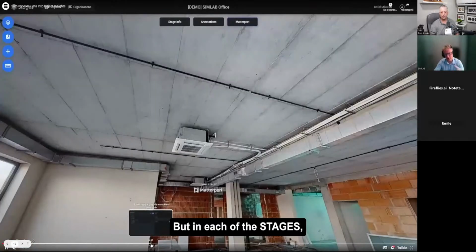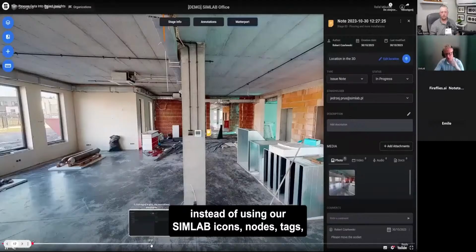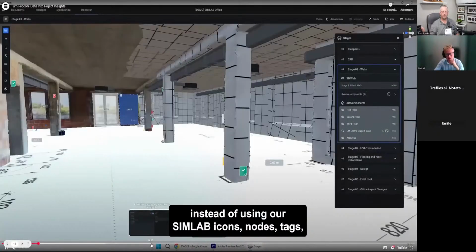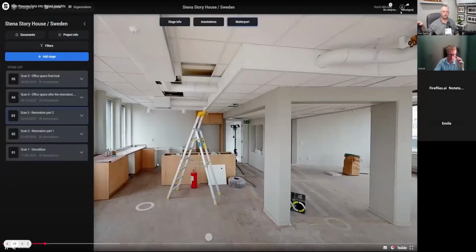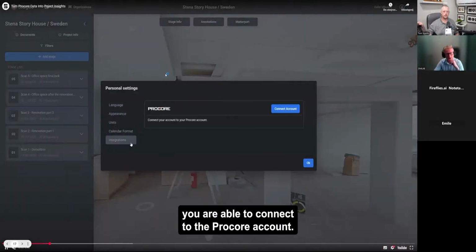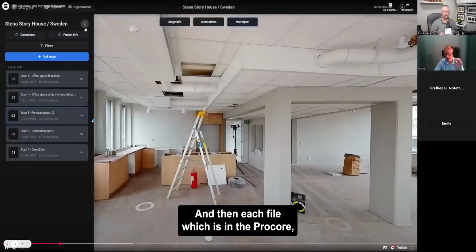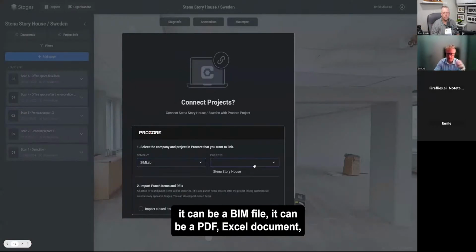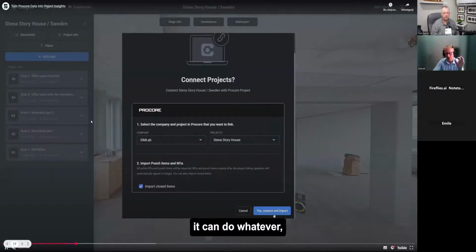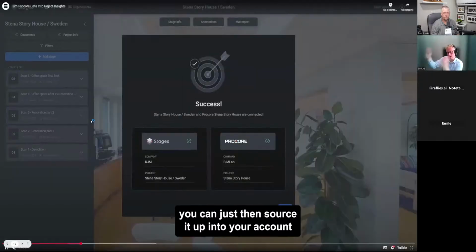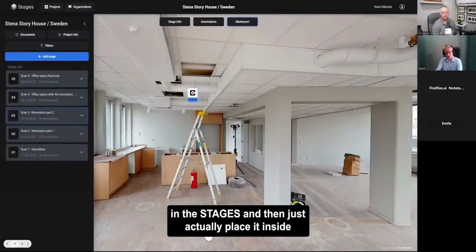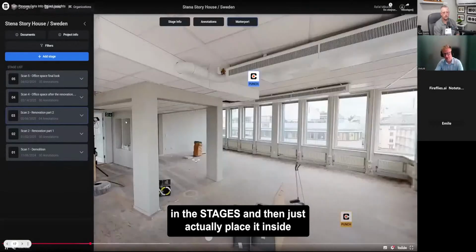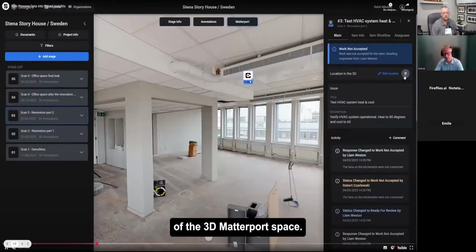But in each of the stages, instead of only using our SIMLAB icons, nodes, tags, you are able to connect to the Procore account. Then each file which is in Procore, it can be a BIM file, a PDF, an Excel document, whatsoever, you can source it into your account in Stages, and then place it inside of the 3D Matterport space.